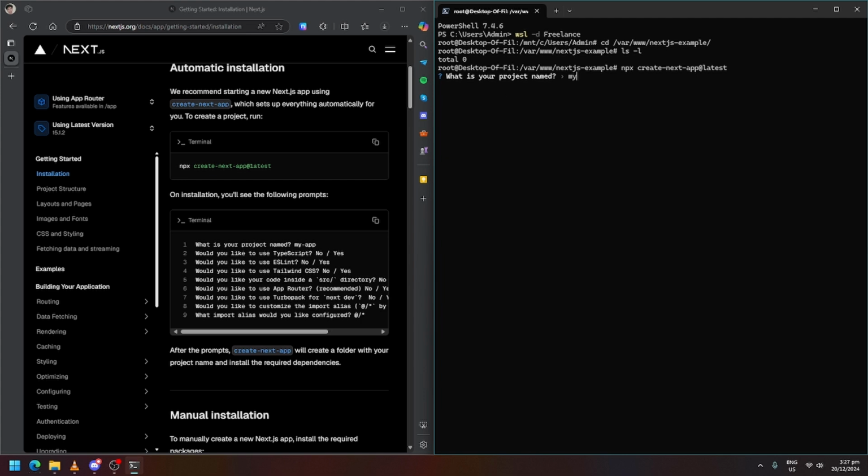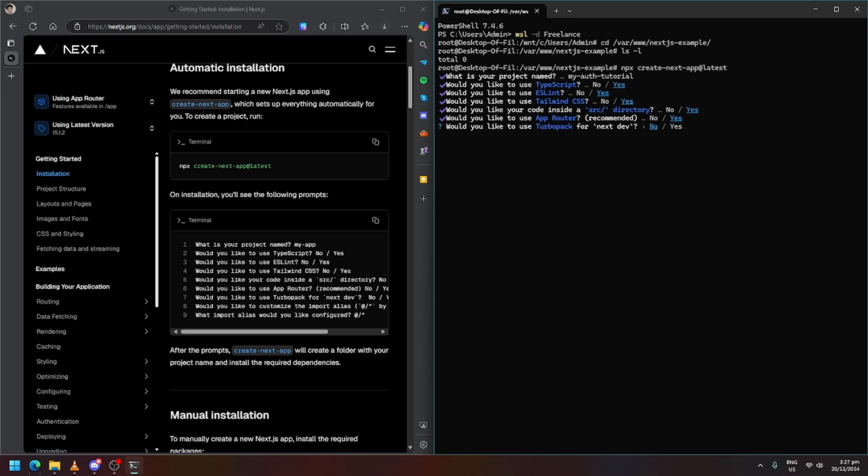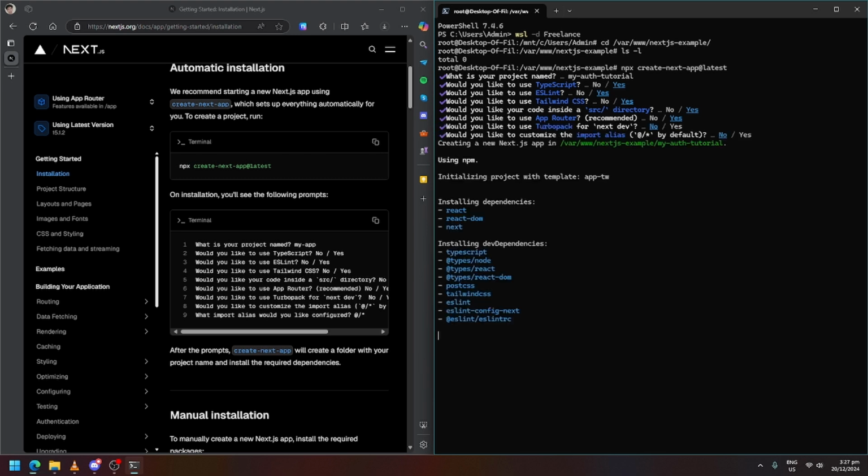Our app name should be my oat tutorial. Using TypeScript, yes, and Tailwind, source directory, router. Basically what I'm doing here is default.